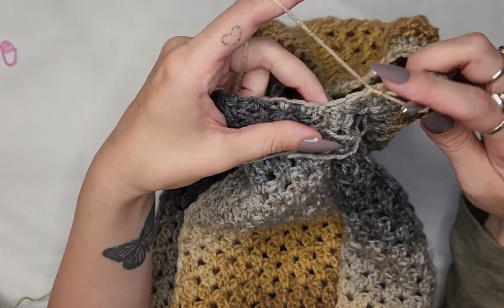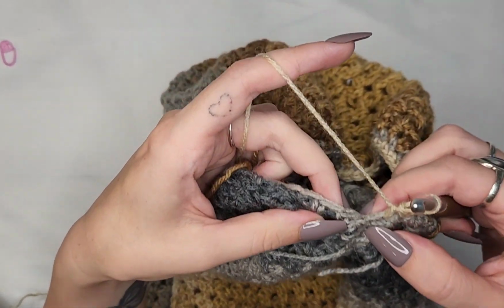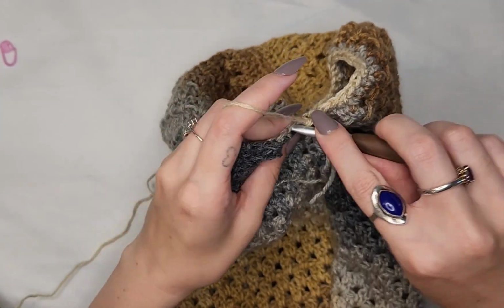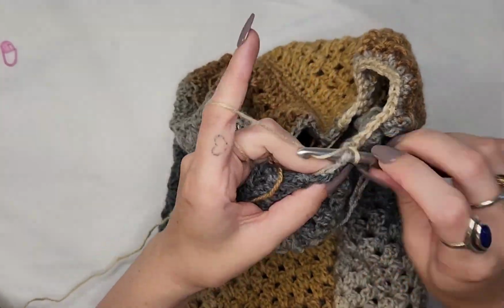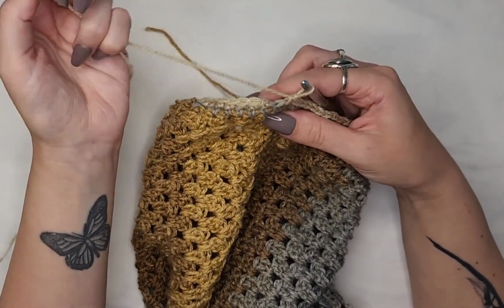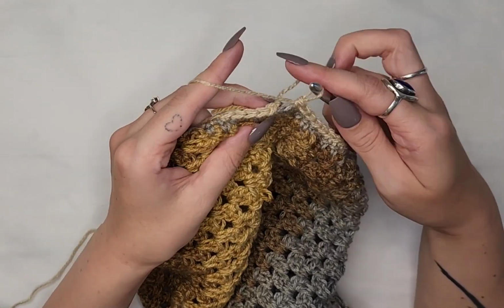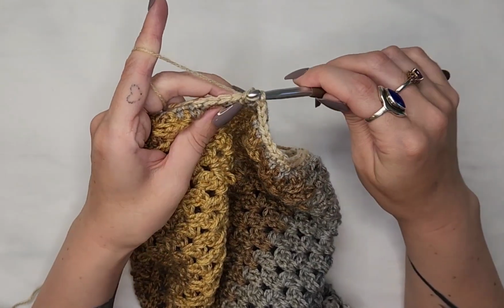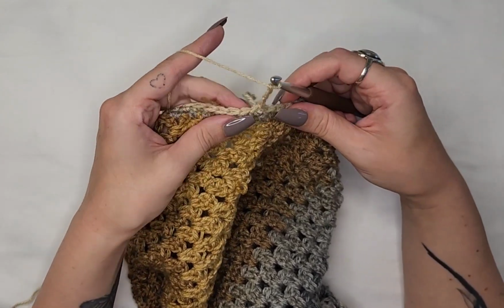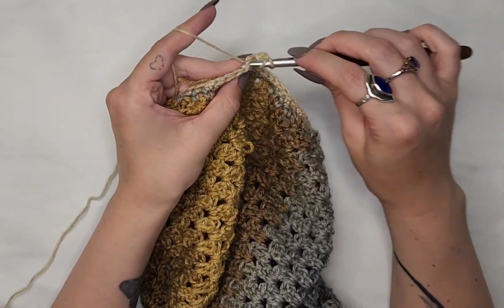So we get into here, I'm just going to place the single crochet on this side and the one on this side. Did our last single crochet, and then we will join to our first stitch with a slip stitch. And we're going to chain 3